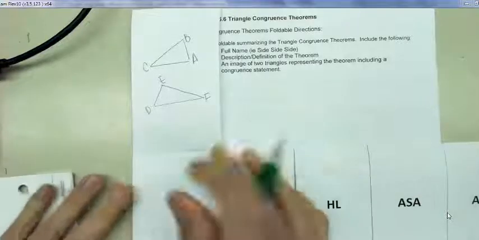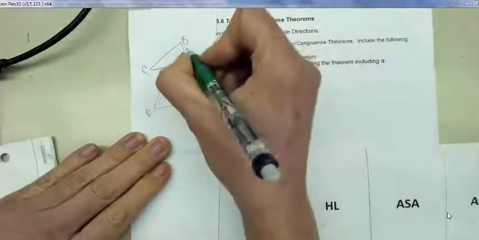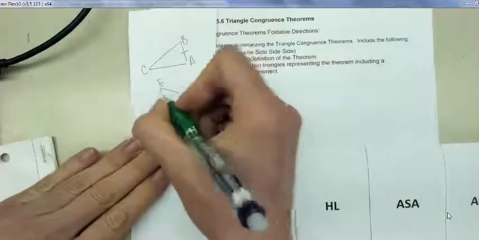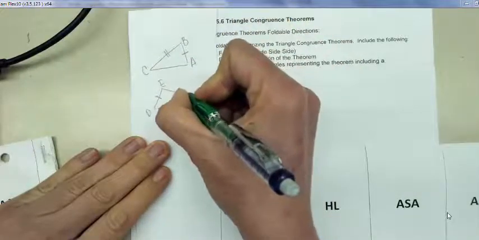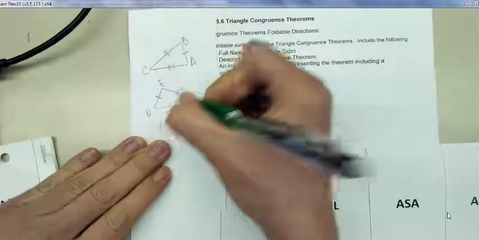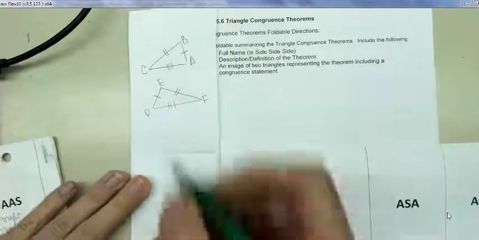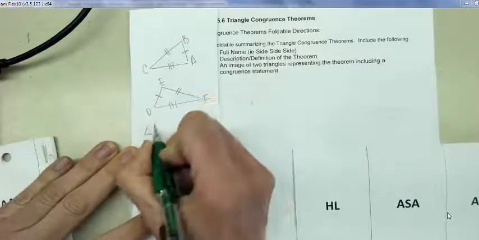So for side, side, side, what we're basically saying is that all sides are congruent. Okay, so side AB will be congruent to side DE. Side CB will be congruent to side EF. And side AC will be congruent to side DF. So therefore, my triangle congruency statement would be triangle CBA